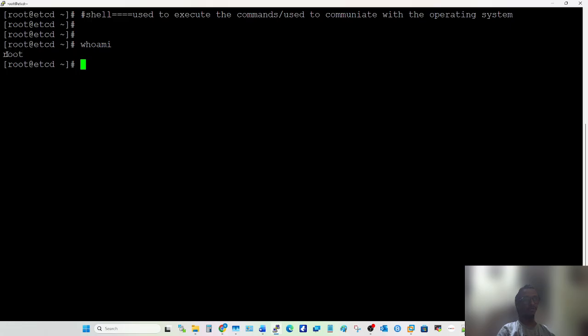It means you are a root user. You are logging in to the operating system using the root user, and this root user is your administrator user in the Linux operating system.